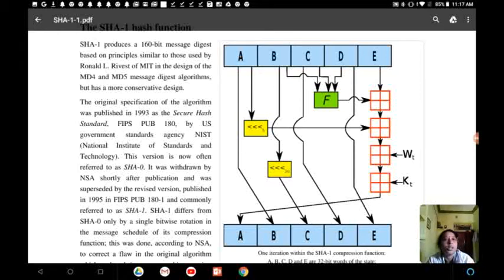Then finally, if you see, another A, B, C, D, E is there, that is the final output in which we will get the fixed size message digest, that is the 160-bit message digest value. Whatever value we finally have in the A, B, C, D, E registers is the final output of the message which you have given.